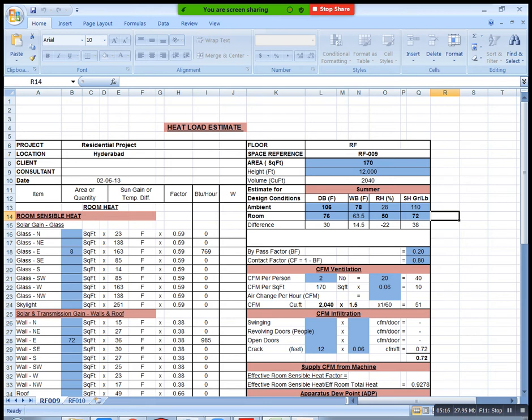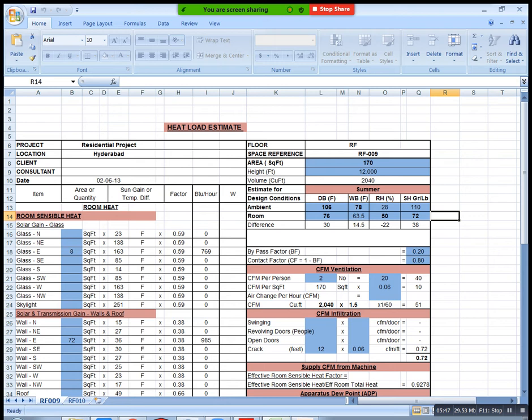One is sensible heat, the second one is latent heat. Already you know what is sensible heat and what is latent heat. Sensible heat means our state is not changing, our temperature is changing. Varying our temperature without the state changing, that one you will consider as sensible heat. Next, latent heat means varying state without changing temperature. That one we can say is latent heat.